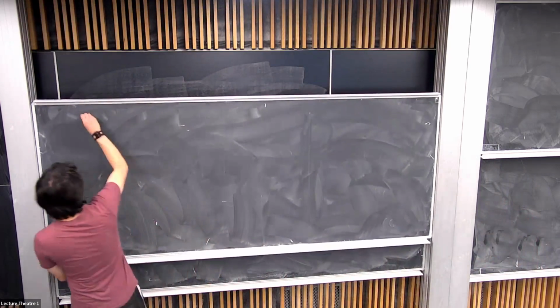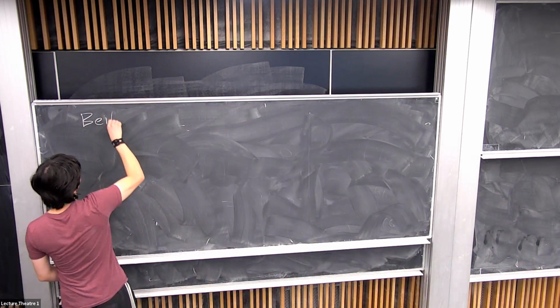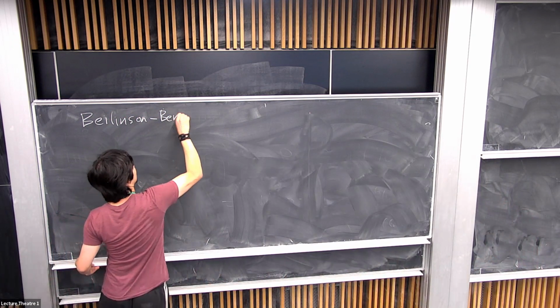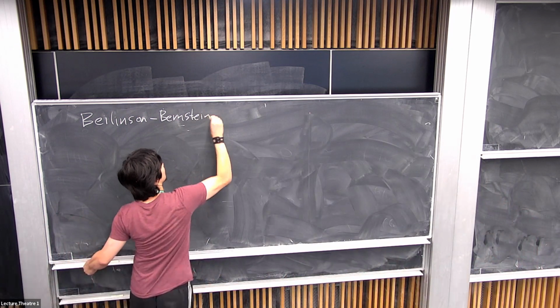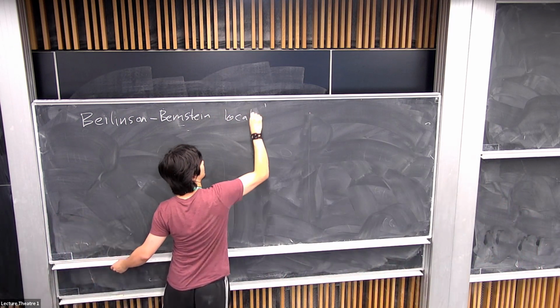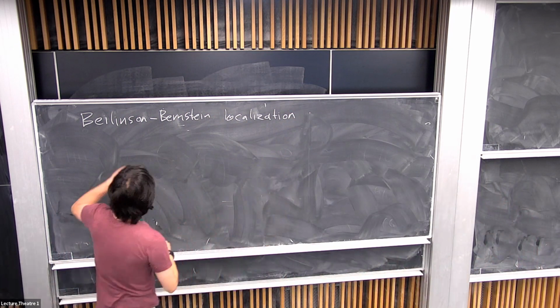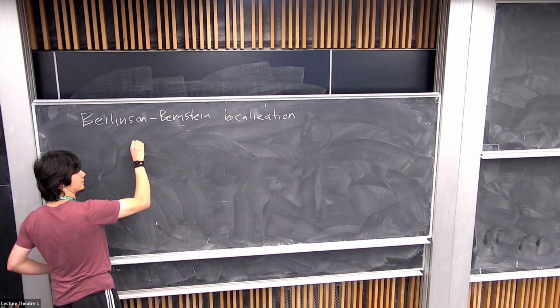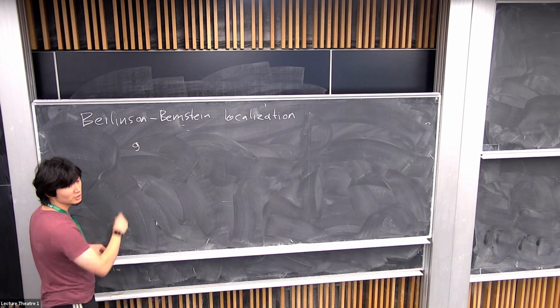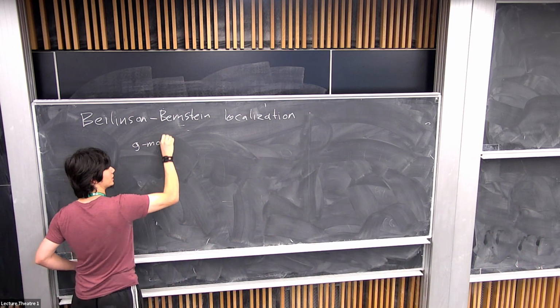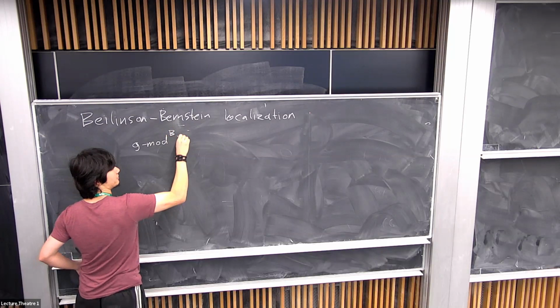comes from, as for many things, Beilinson-Bernstein localization. And so let me recall this. So let's say b is a Lie algebra, b is the Borel. And I can look at G mod B. And this is defined to be